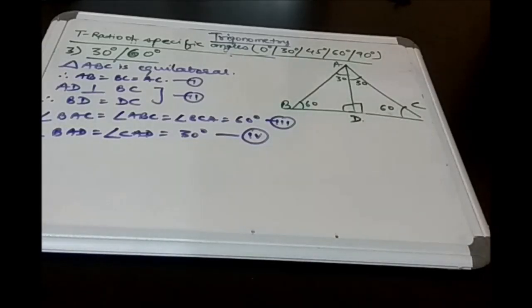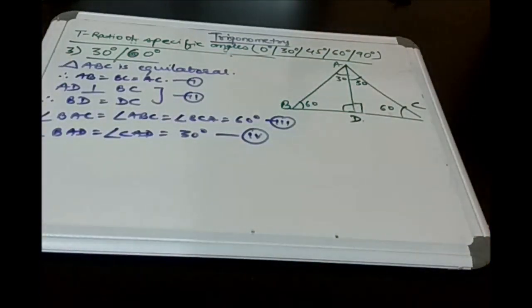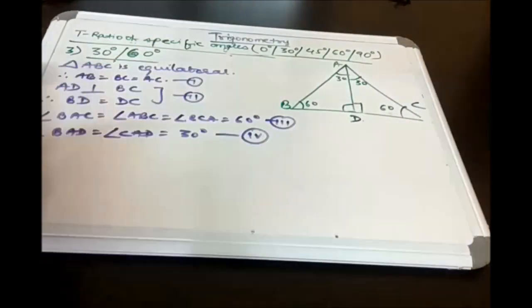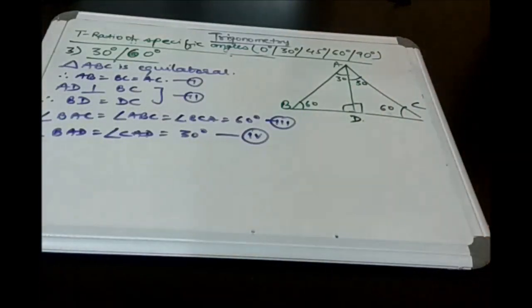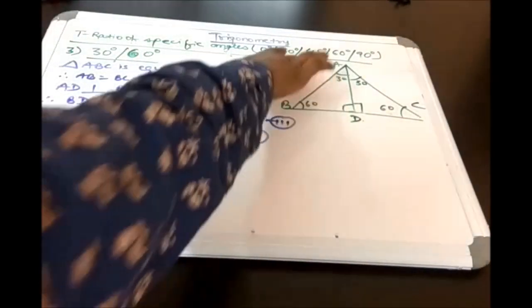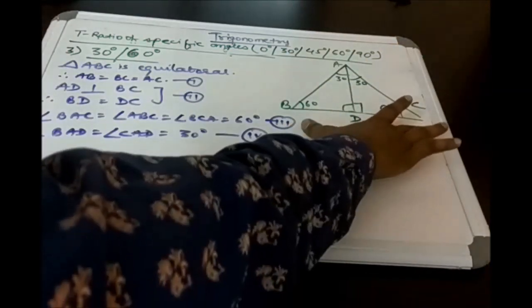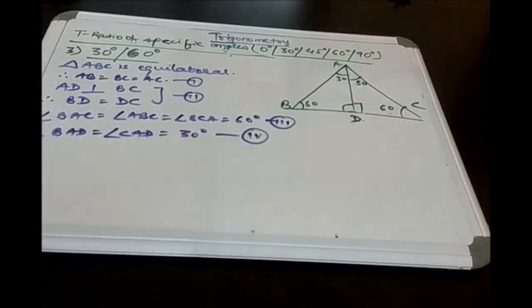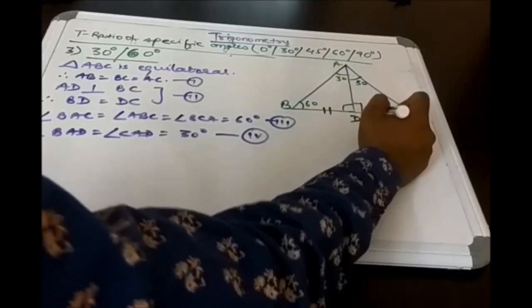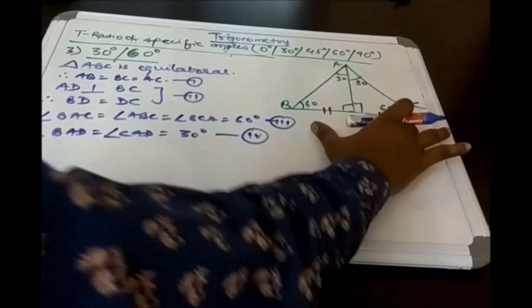equilateral triangle. So we have made that equilateral triangle as ABC. And what is an equilateral triangle? In which all the sides are equal and all the angles are equal, 60 degrees. So in this equilateral triangle, AB equals BC equals CA, and all the three angles are 60 degrees. Now what I have done, I have constructed one perpendicular from point A on the side BC of the triangle. And as you are aware, the perpendicular from A to side BC in an equilateral triangle